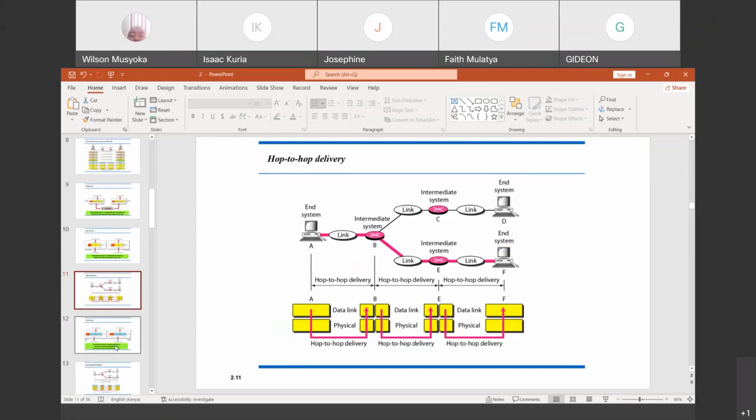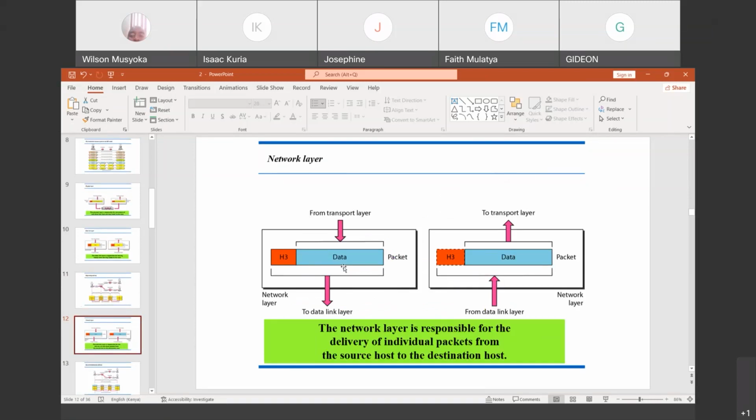But now, when we have come to the network layer, something else kicks in, whereby the data packet, now we are not calling it a frame, it becomes a data packet. So the packet is supposed to be moved from source to destination. That is where the logical address comes into play, the IP address, because the IP address will remain the same from the source to the destination. Only the MAC address keeps on changing.